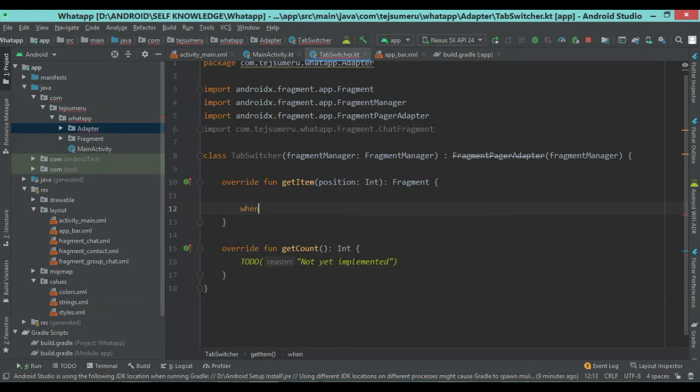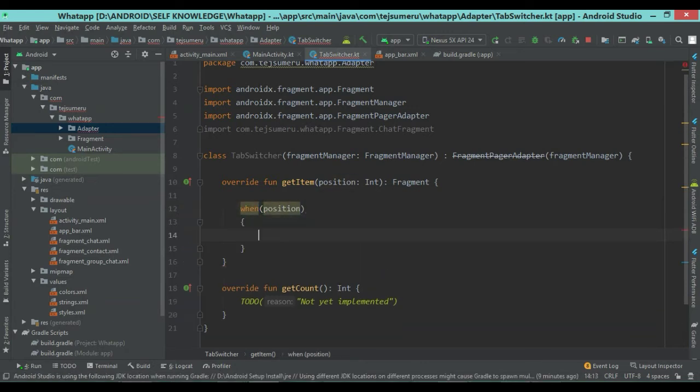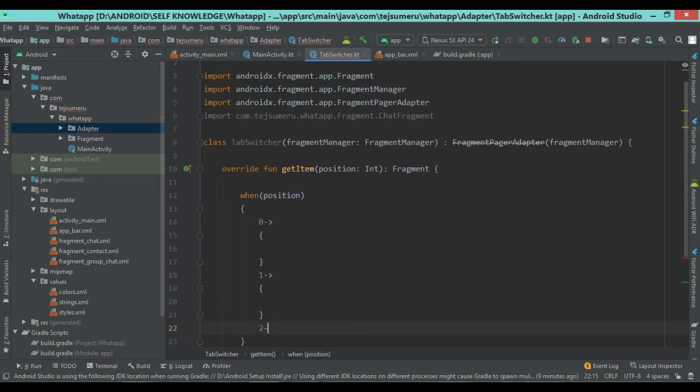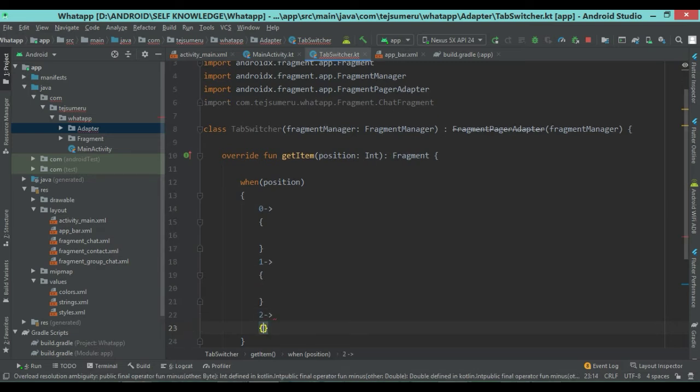If we are using Java, then we are using here switch position. Now when the position is 0, then what to do? If position is 1, then what to do? And if position is 2, then what to do?